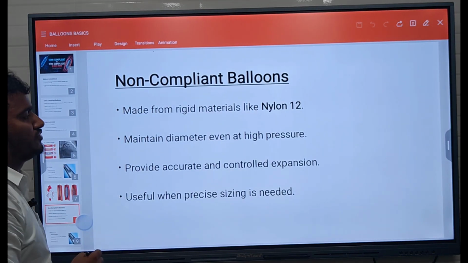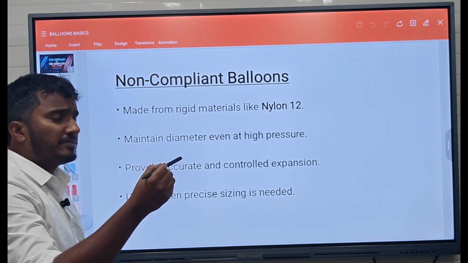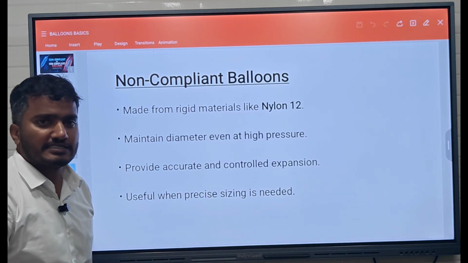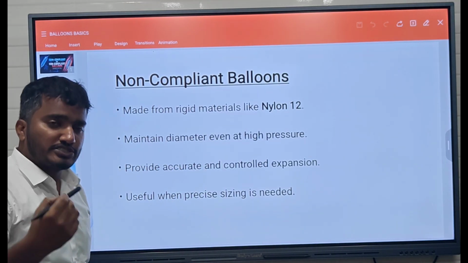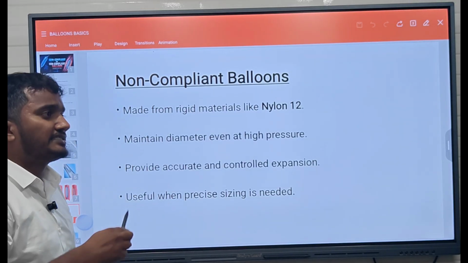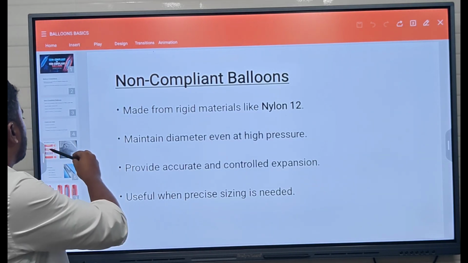Coming to non-compliant balloons, these are made up of slightly rigid materials like nylon 12. It maintains the diameter even at high pressure. As I said already, the more pressure you apply, the size will remain the same, but the pressure to the wall keeps increasing, and that helps in tortuous vessels or like